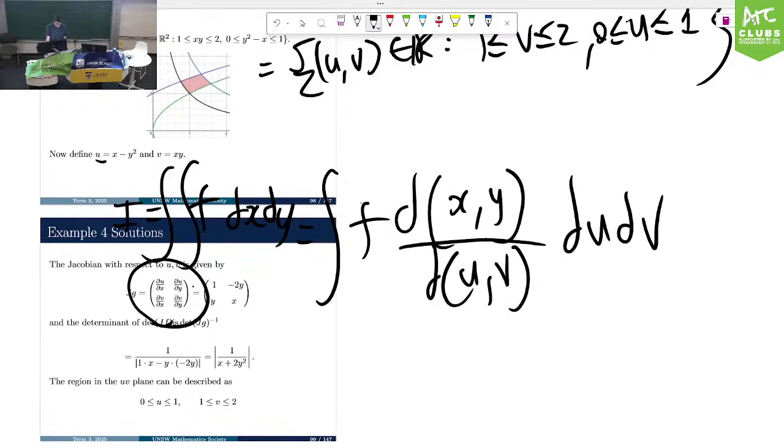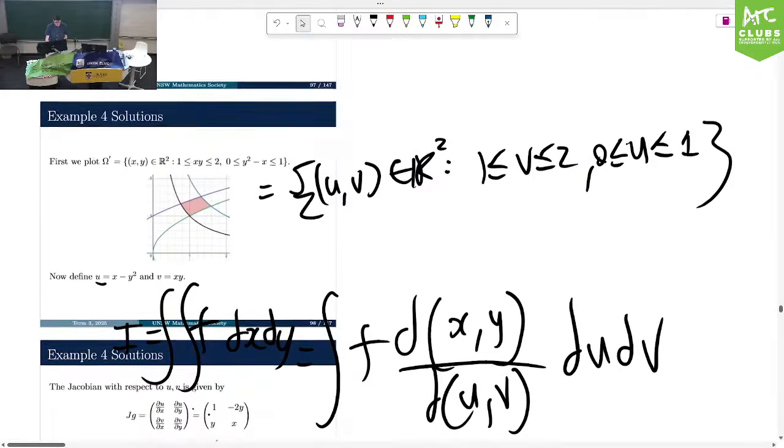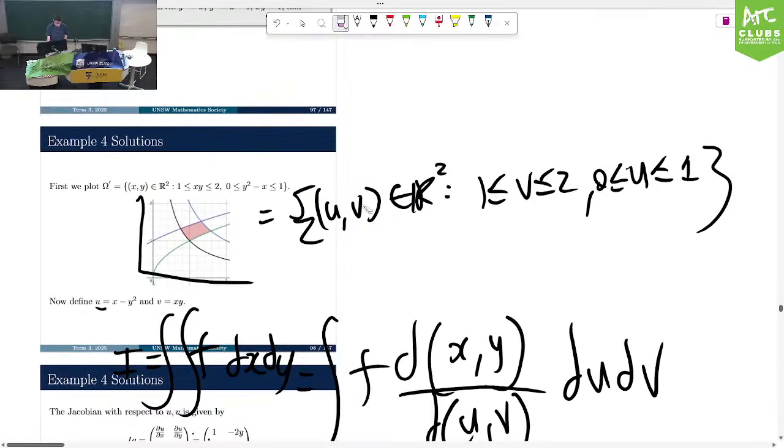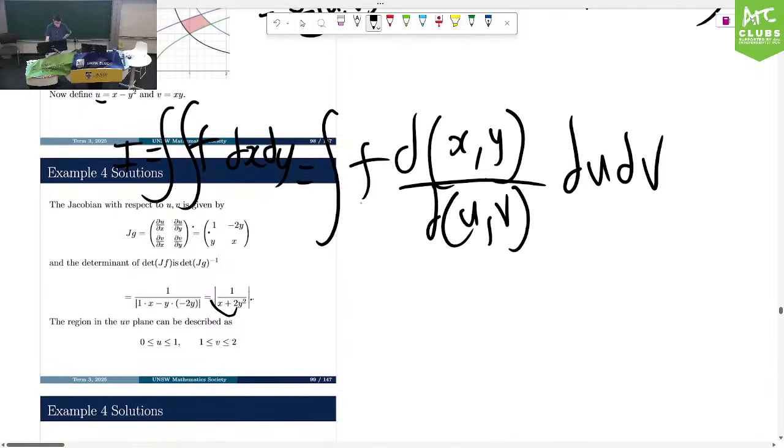So we take the determinant of the inverse of g, which is the same as the reciprocal of the determinant of f, which turns out to be, if you do the calculations, x plus 2y squared. And luckily enough for us, we first note that we're integrating over an area in which x and y are both positive. And so this is just going to be positive, so we don't really have to care about the absolute